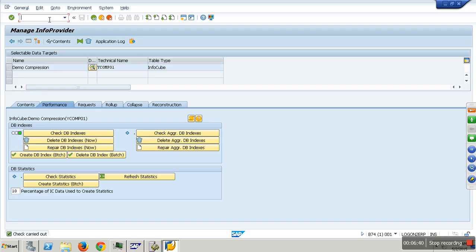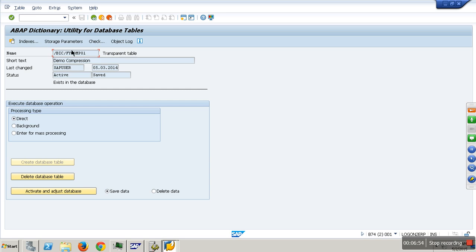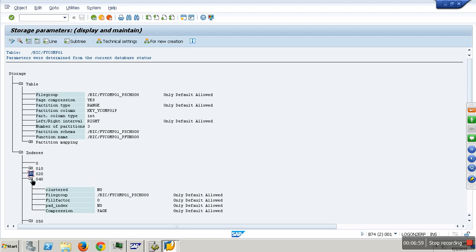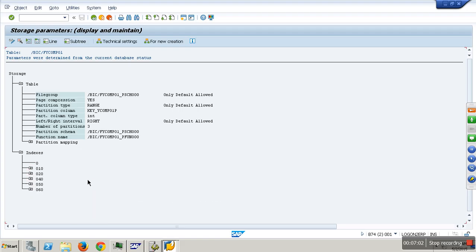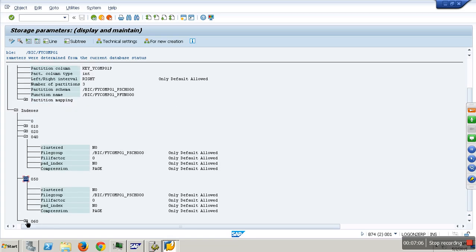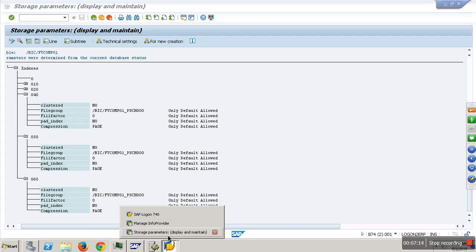Now if you want to literally see those indexes, what is my cube? YCYMP 01, right? Now go to the T code SE14. What is the F fact table of the cube, and click on this button. What is the button? Storage parameters. You will see these indexes. Look at this. These are the secondary indexes. 40, 50, 60. And if I drop this,